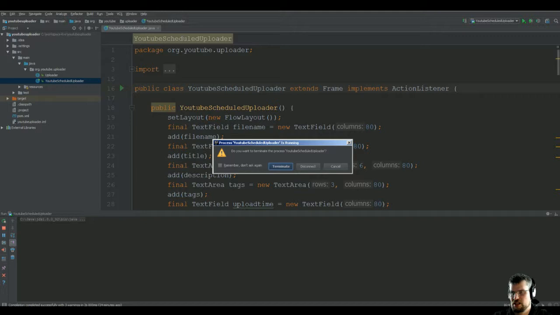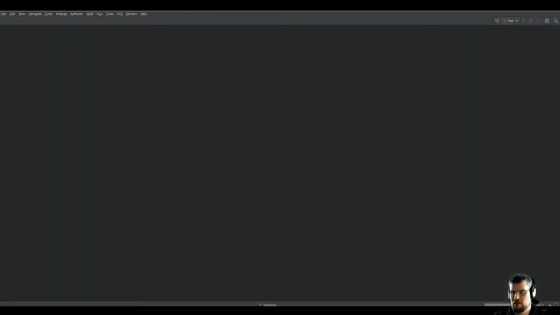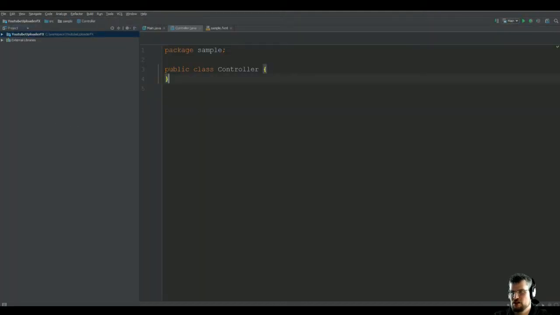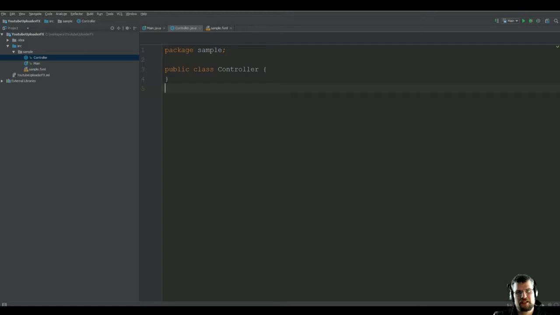Finish that, and I terminate my application there. So here we get a few things in our project. We have a controller. This is the controller I look in here. The controller class is the class that has all interactions. So if you press a button or something, it will ask the controller for what action to be taken when